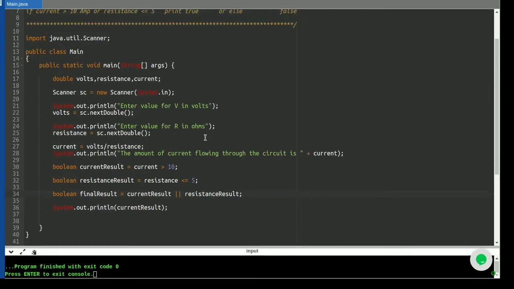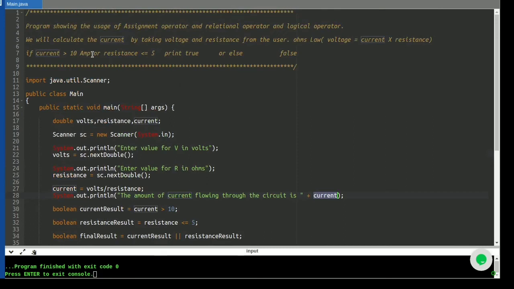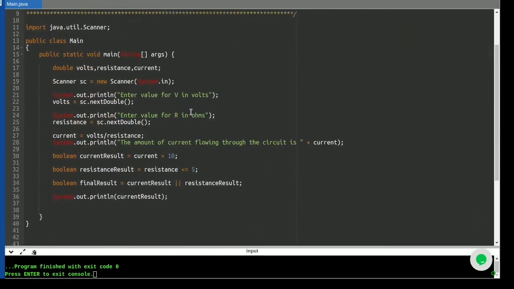Now since this is the third time we are going through this program, I won't go in detail. Once we calculate the value of current by making use of the Ohm's law formula, after that we print the message saying the amount of current flowing through the circuit is, followed by the value held by the current variable. After this, in order to implement this particular line of statement,